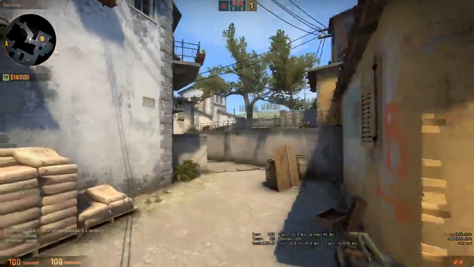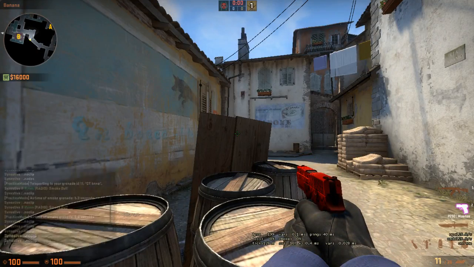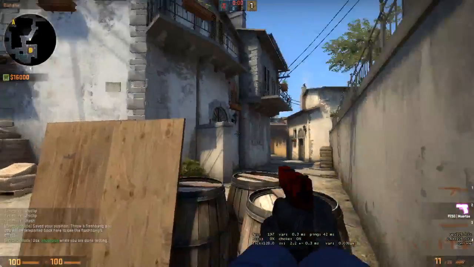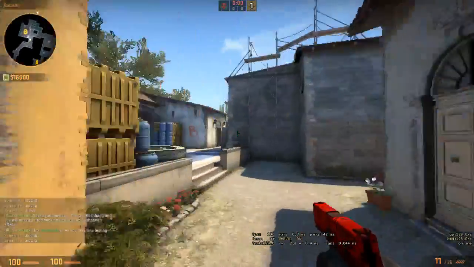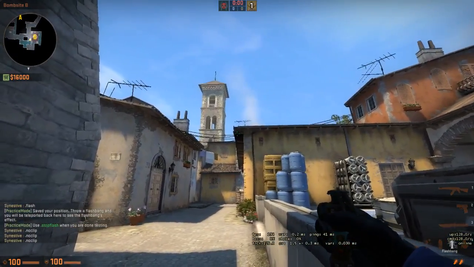The best thing I think of everything that I'm gonna show you is this flash. So I'm gonna show you as a CT. This flash will flash a guy who's standing right here. It'll flash a guy here. It'll flash a guy here. It'll flash a guy here. It'll flash everyone. You just stand right here in this corner, and you find this wooden plank that's going horizontal,